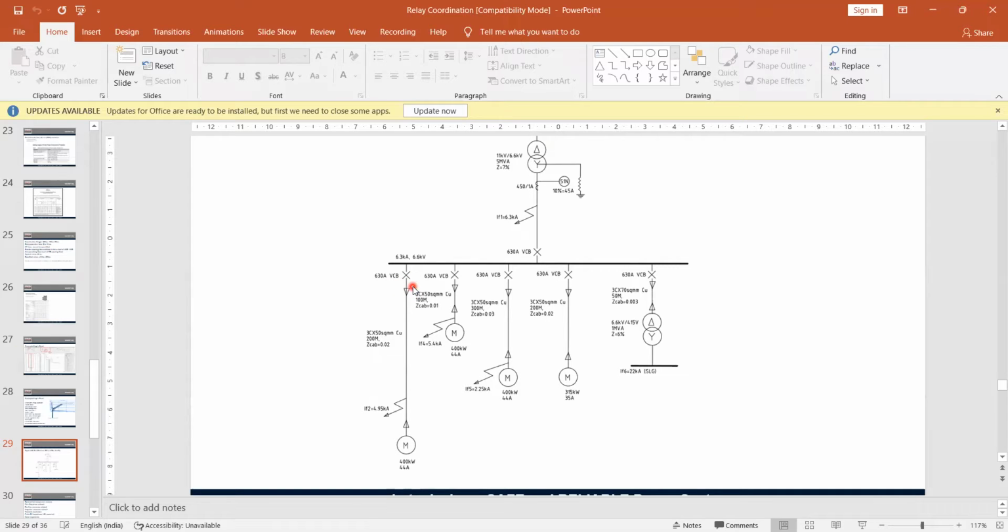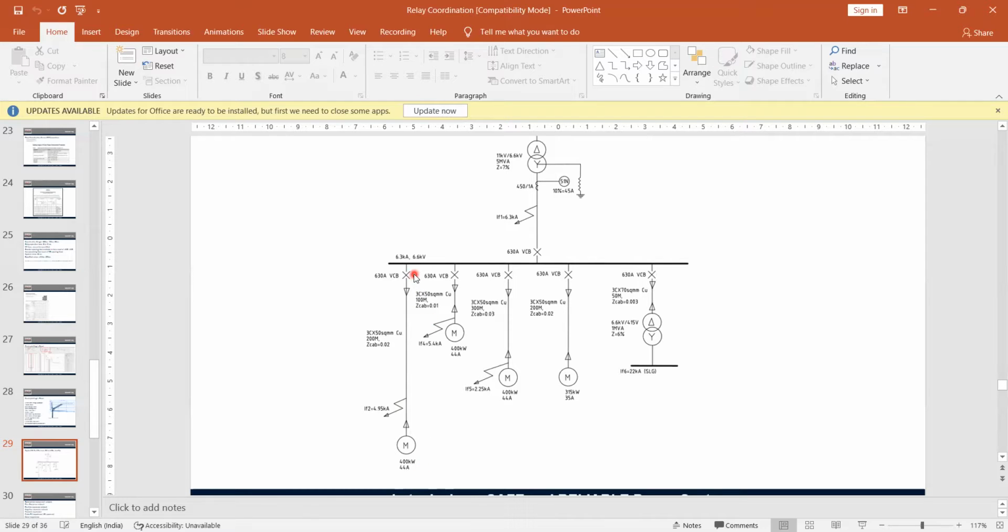As a design engineer, what CT rating are you going to select for this? 630 per 1 amps. No, 630 will be too low, because the motor current is 44 amps.